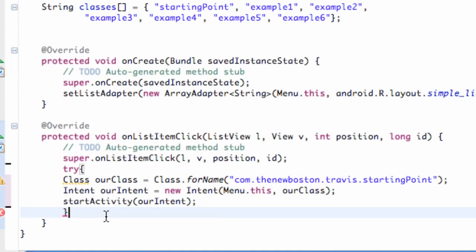The next thing we need to do is catch an exception. For example, we're going to use the exception type class not found. So again, if this class is not found, it's going to give us that exception. So we're going to say catch, and then we have to define the exception within parentheses. And again, the exception type is called class not found exception. We're going to give this variable the label E, and then